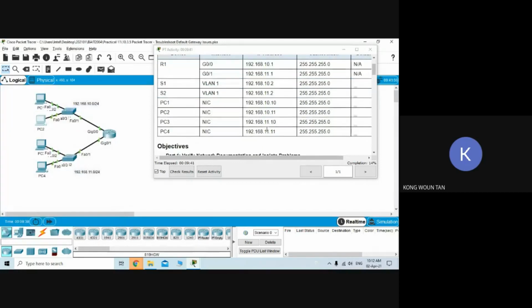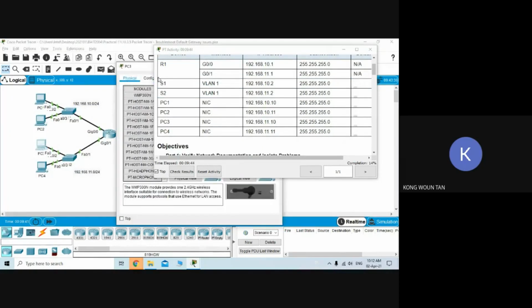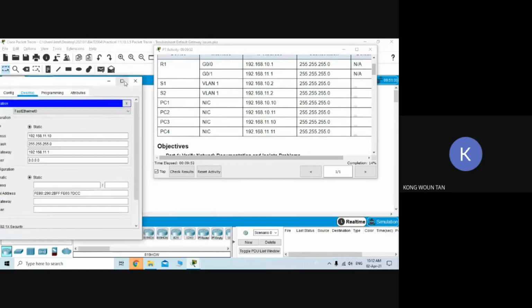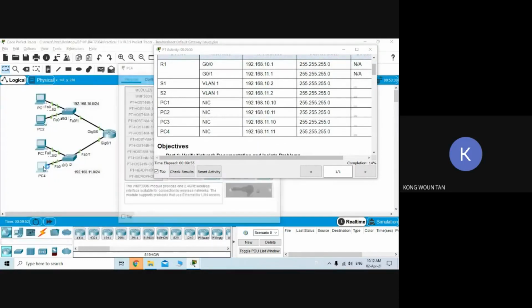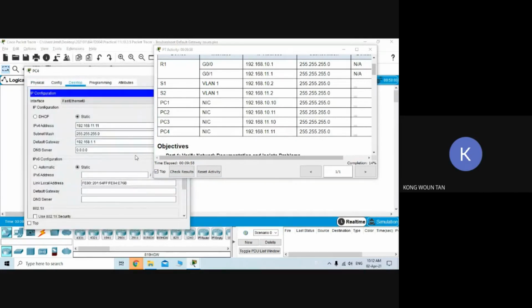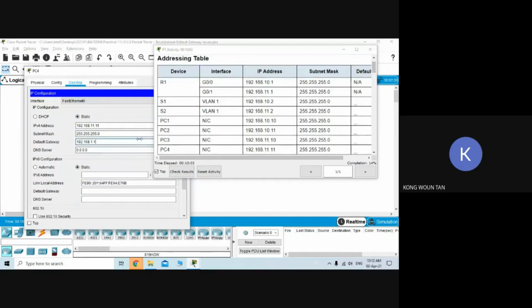Then we go for PC3 and PC4. You just check one by one. I normally check one by one. So 11.10, okay, 11.1. Okay, not an issue. Then PC4, let's look, 11.11, 11.1. This one also has a problem, 11.1. Okay,